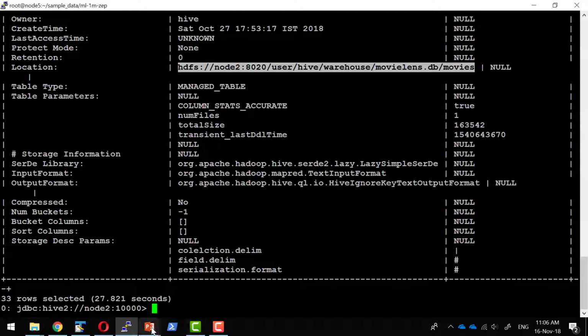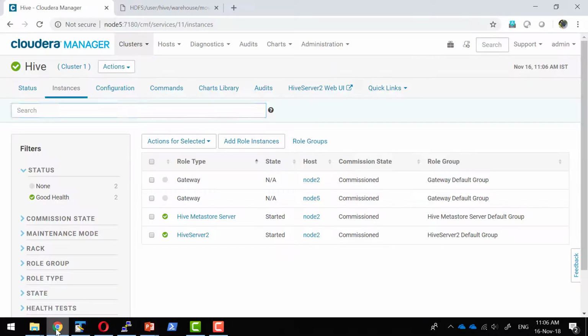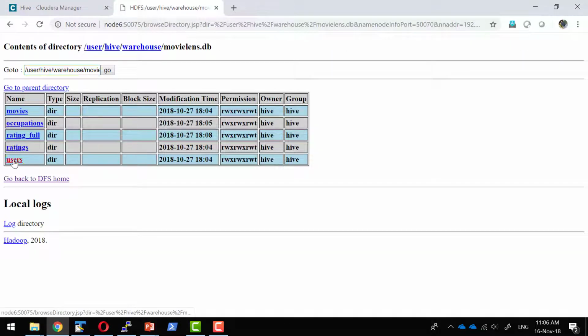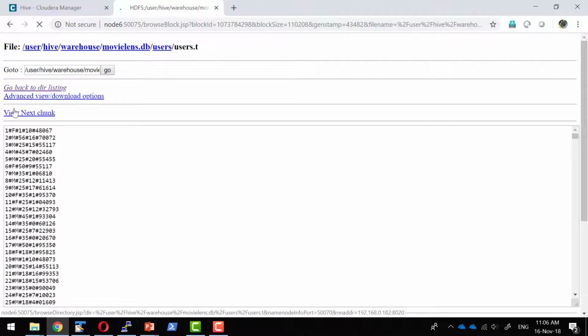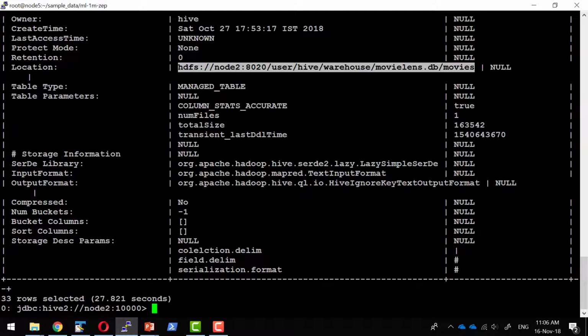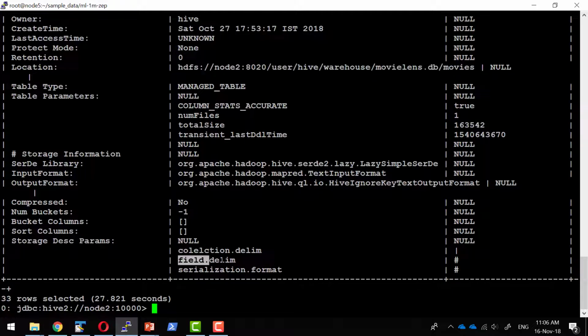The data will not get verified or validated when it is getting stored. Let me get into the users. Here I have the data. The data gets stored as it is. The hash is the delimiter, which would be configured as the field delimiter. Let me create a database and see how the data is managed within Hive